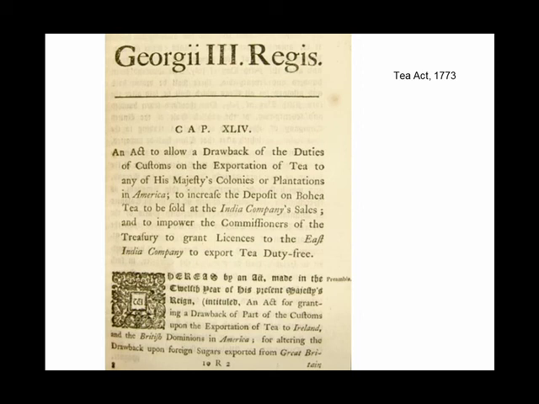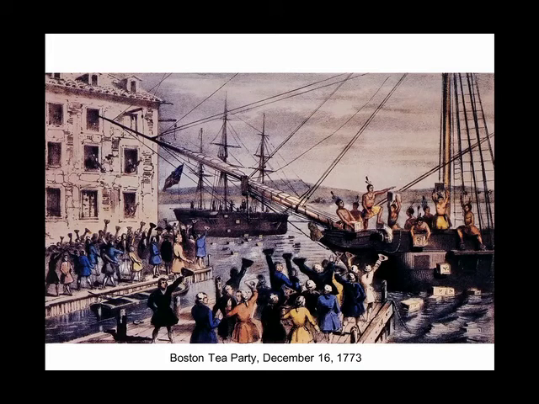So Americans believe it's a question of their freedom that they resist the tax on tea. Why do they believe that? They believe it because they see the Tea Act as a kind of entering wedge, as the camel's nose under the tent. If they pay the tea tax, then more taxes will follow, and they'll give up their right to their own representation. So this is not just a question of paying some tax you don't like, it's a question of liberty itself. And the refusal to pay the tea tax leads to the Boston Tea Party.